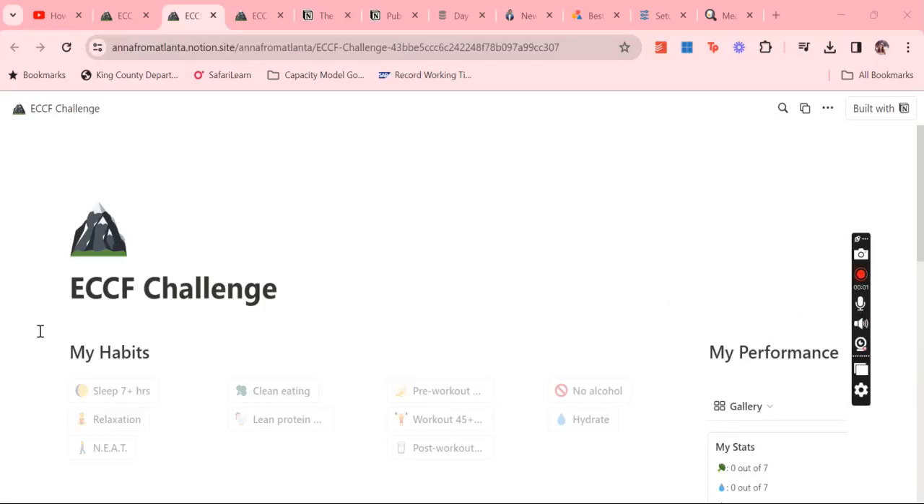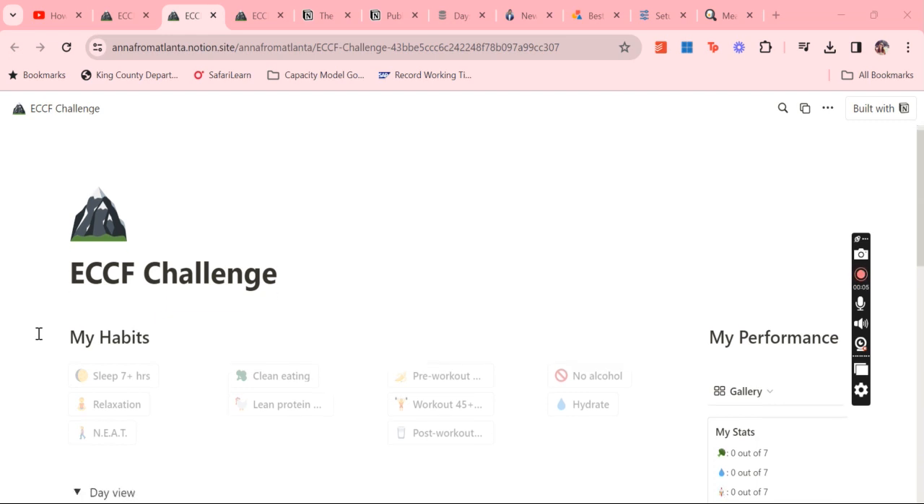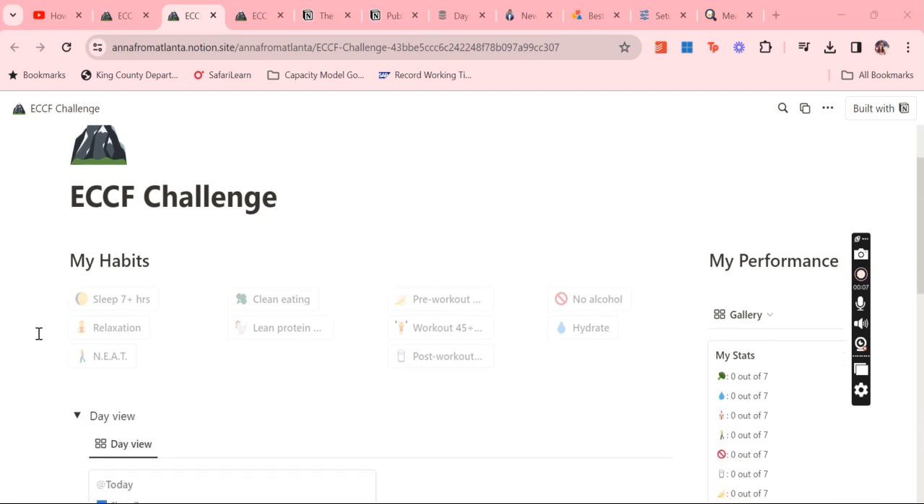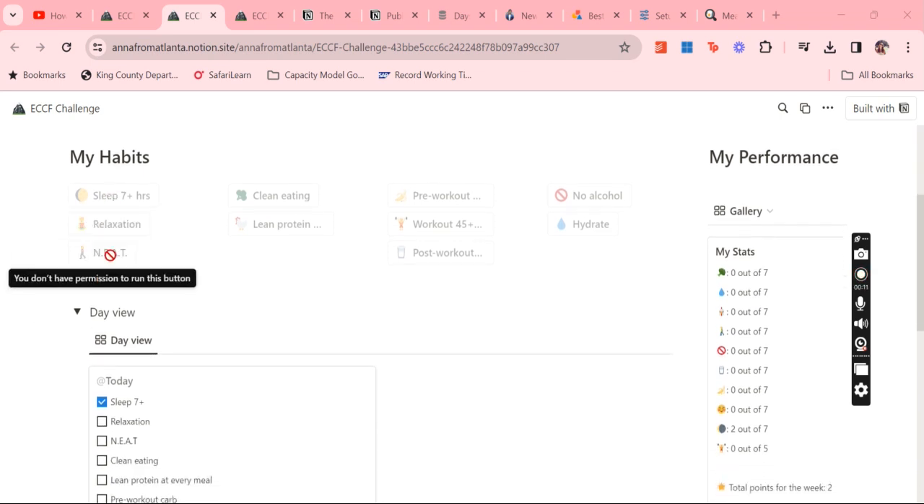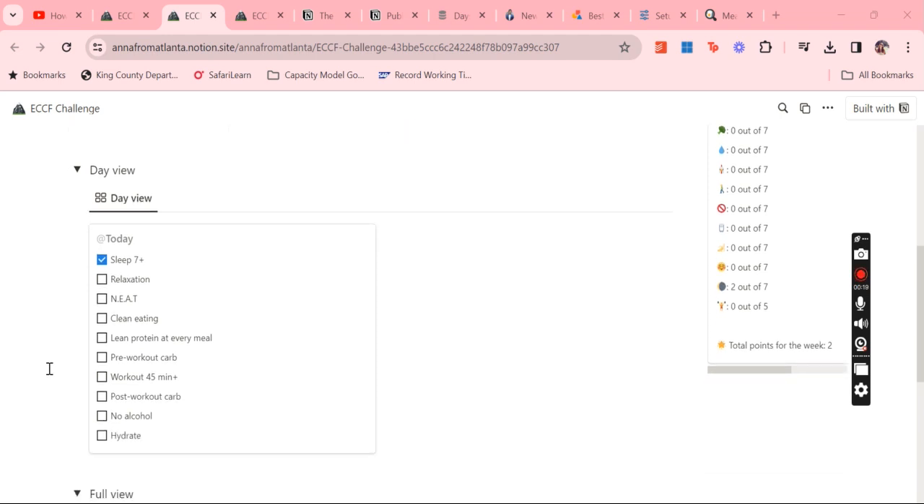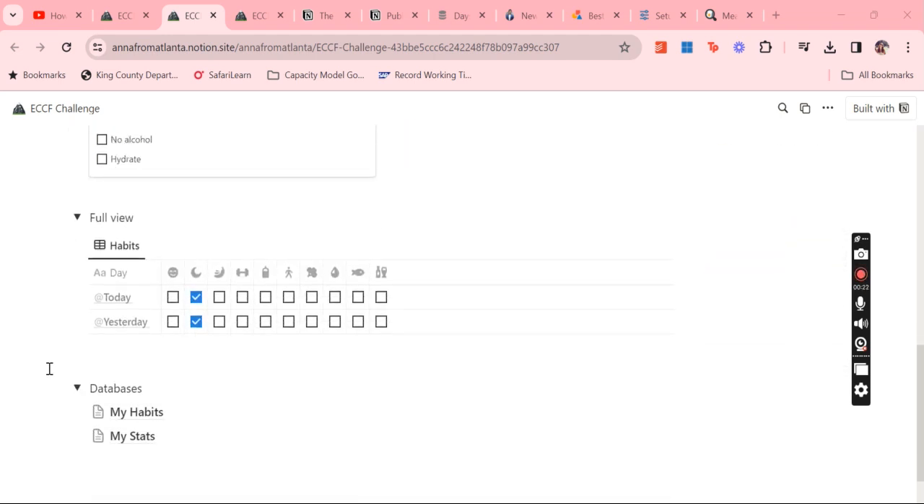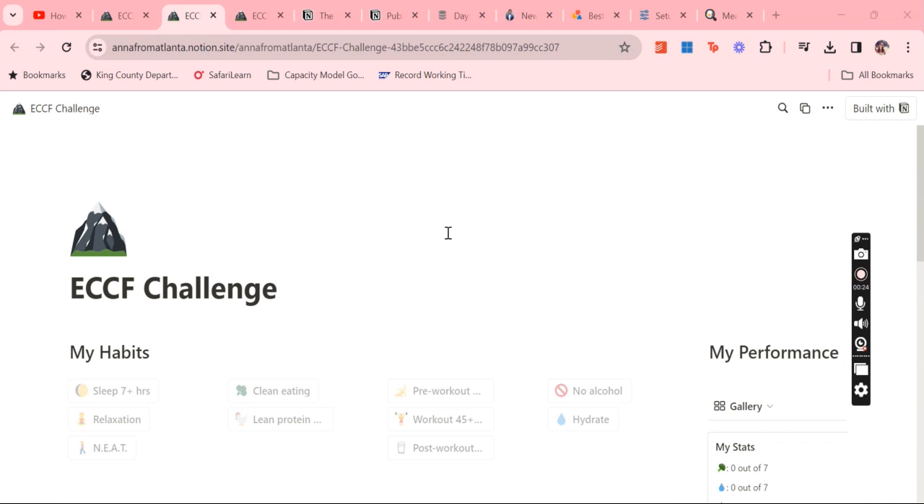All right, so I created a Notion habit tracker for the ECCF Nutrition Challenge. And all these buttons are grayed out right now because when you open the link, you can't do anything to this until you duplicate it into your own Notion. And so what you first do is click on this duplicate,